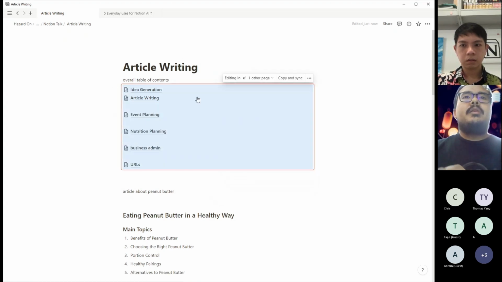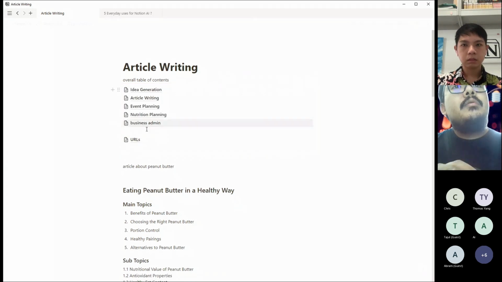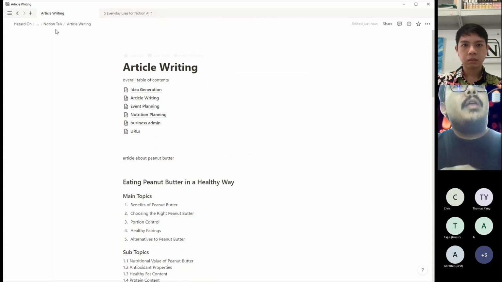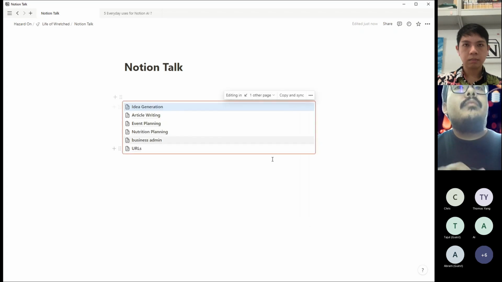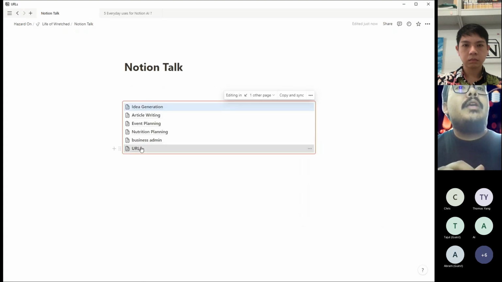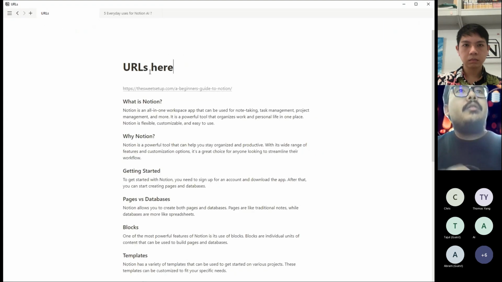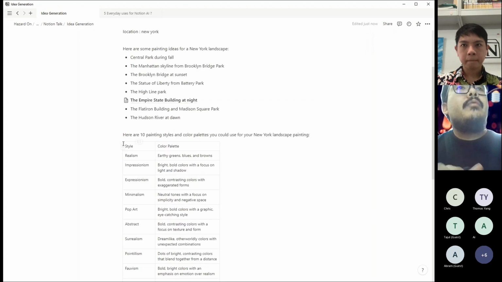So this is a synced page. Whatever I do with this page, say I remove the spaces, it will reflect in the original page. So if I were to add other stuff, or change URLs here, it'll change here too, and also it'll change, which one was it again?